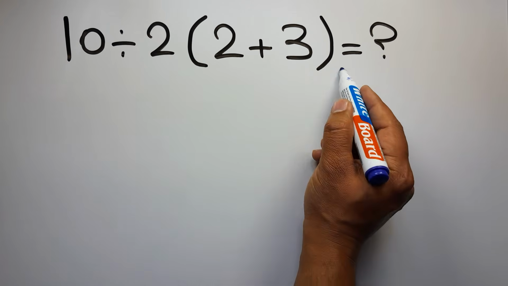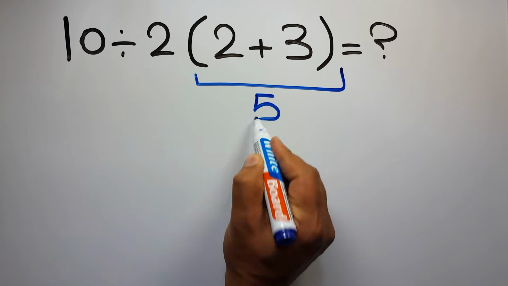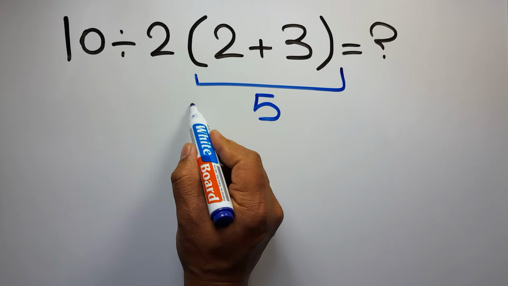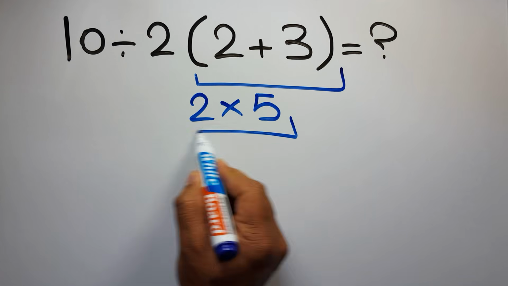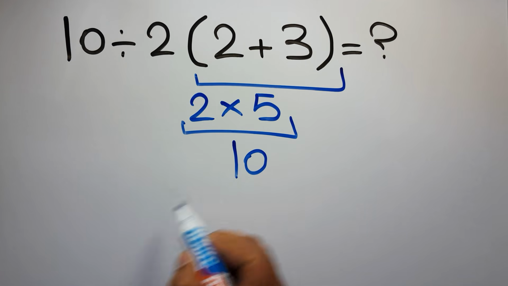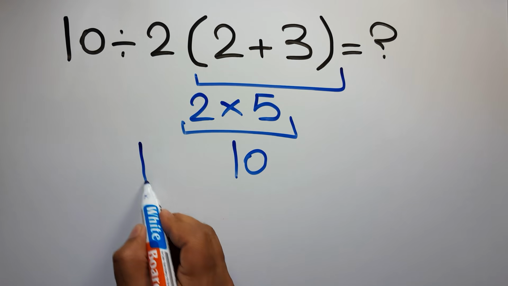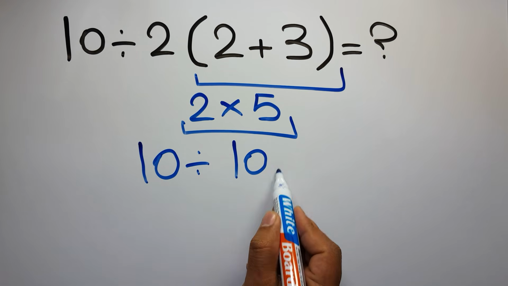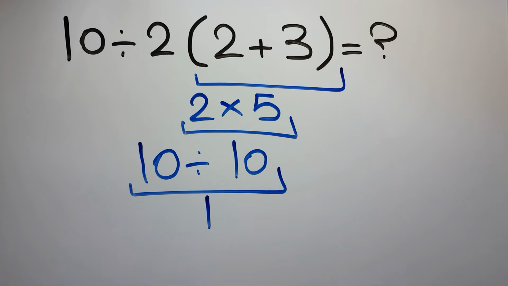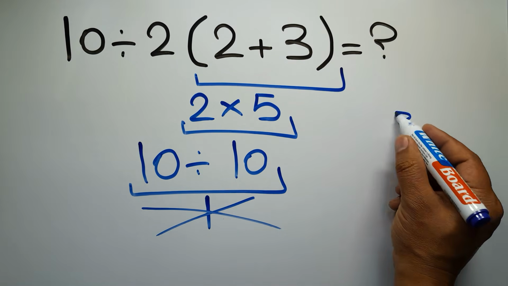2 plus 3 gives us 5. And 2 times 5 equals 10. So 10 divided by 10 is just 1. But this answer is not correct, because according to the order of operations, which is PEMDAS,